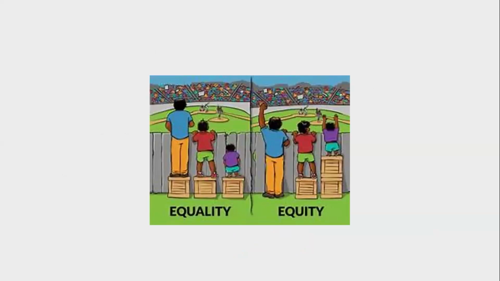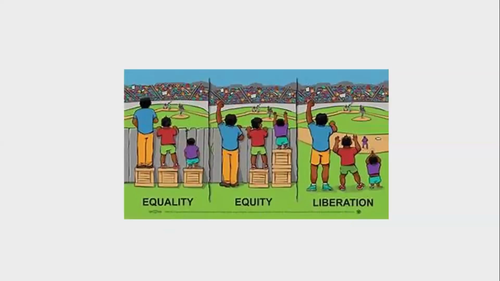Those who might have heard or participated in courses about neurodivergence might be acquainted with this picture of the boxes. At the very beginning, maybe we went for equality, offering all the students in our class the same boxes so that they could achieve learning. Then maybe we moved on because we understood that equity was important, so we gave each student the necessary boxes so that they could access knowledge and learning.